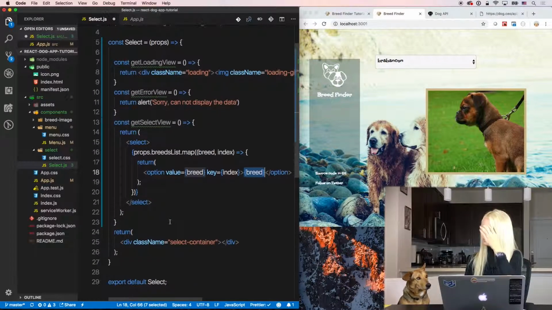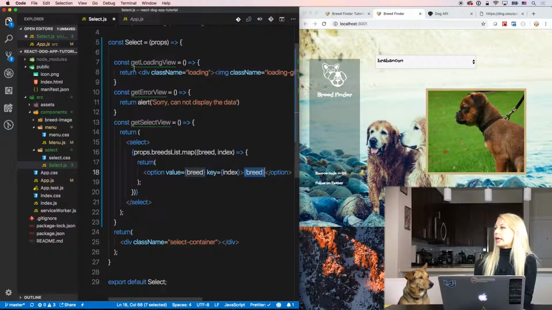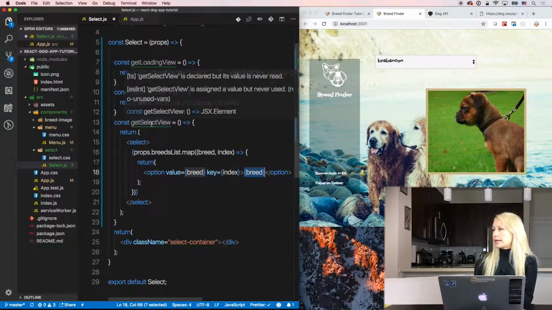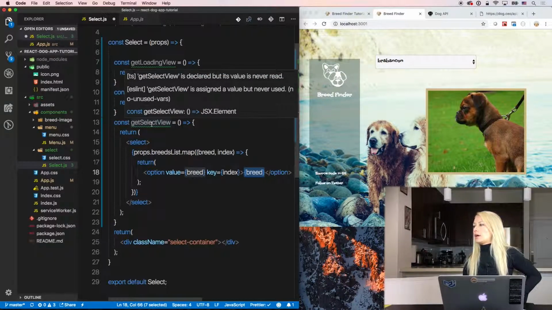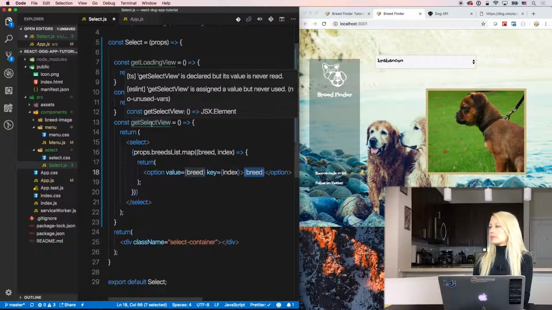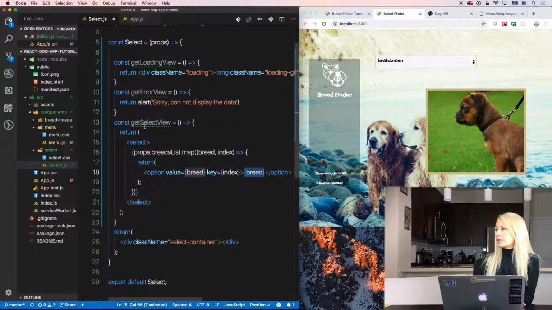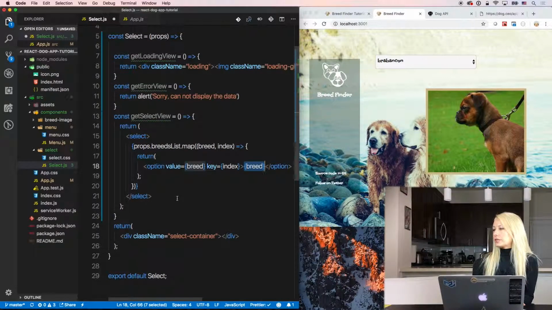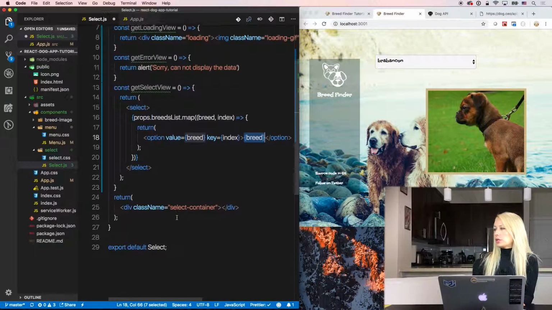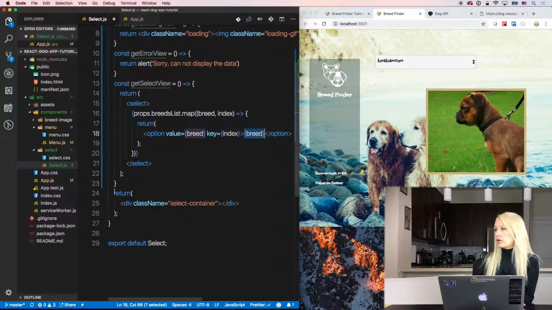And so we got three views: get loading view, get error view, and get select view. It's underlined right now because we never used it anywhere. We just declared it but never used it, and we're gonna use it here in our final